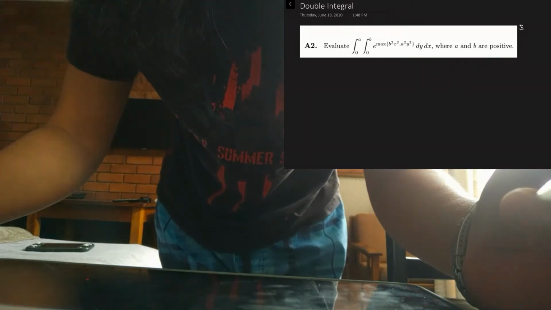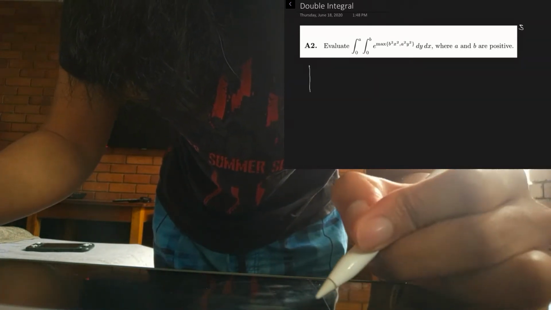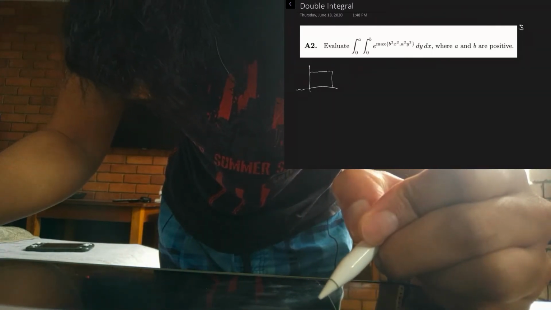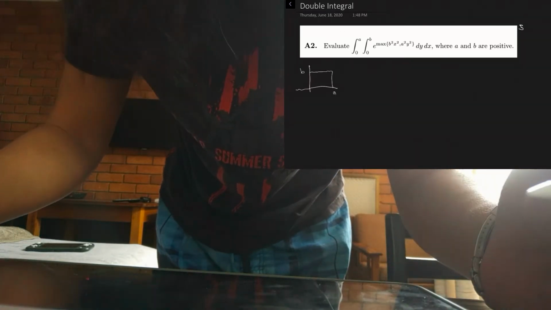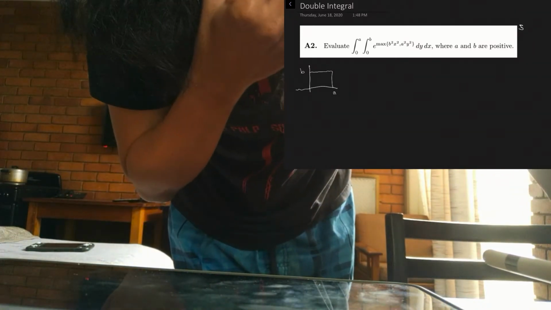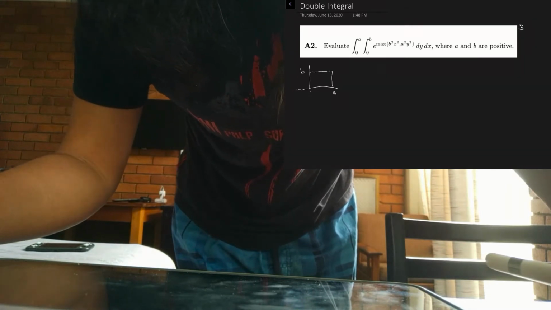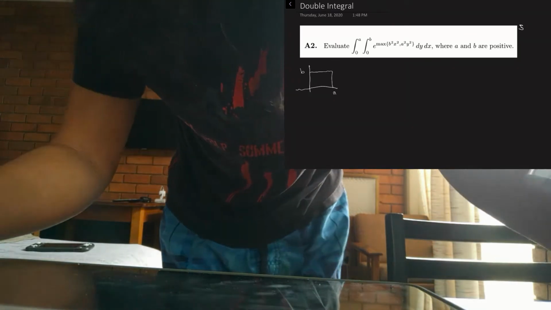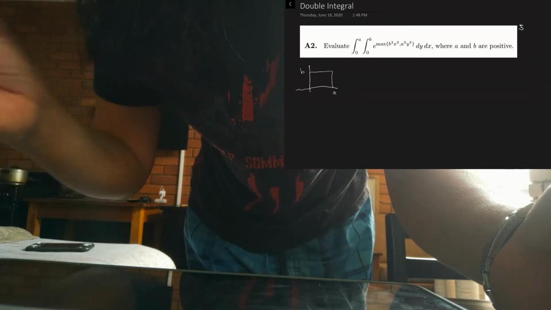But here, we have a double integral, and our integration region is a rectangle. So a is the x upper limit, and then you have b right here. You have an integral that has a maximum, so it will pick between these two values, b squared x squared or a squared y squared, whichever of them is bigger. And intuitively, when is b squared x squared bigger,